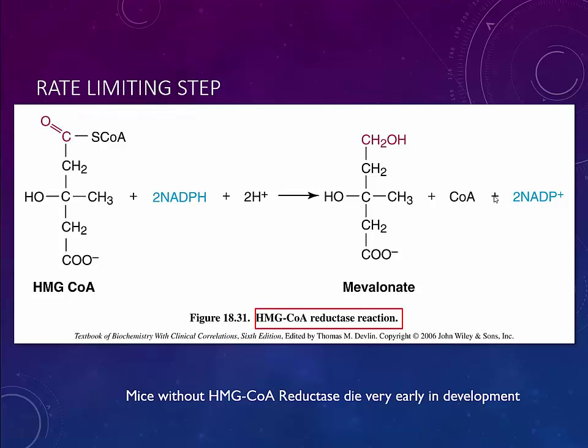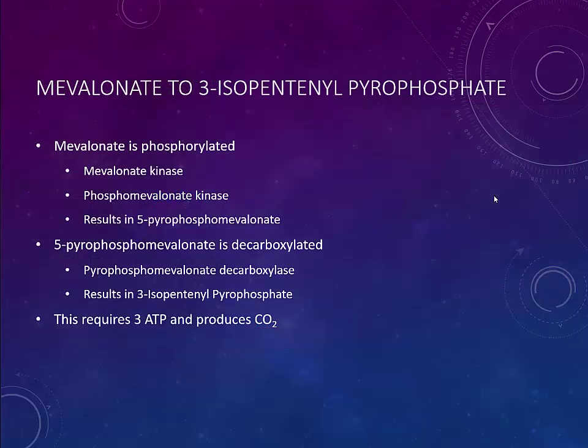Next. Okay, so from mevalonate to 3-isopentenyl pyrophosphate, we're going to do a series of phosphorylations. So we're going to take mevalonate and we're going to phosphorylate that. The enzyme that phosphorylates mevalonate is mevalonate kinase. That makes sense. Then we're going to phosphorylate the phosphorylated mevalonate. So we take phosphomevalonate and we phosphorylate that. The enzyme is phosphomevalonate kinase. Now you get